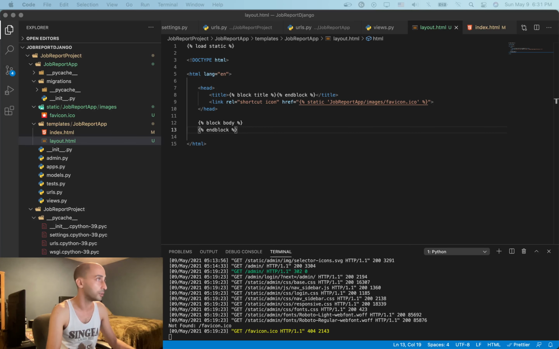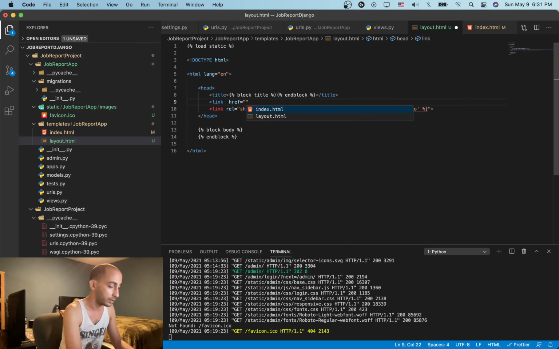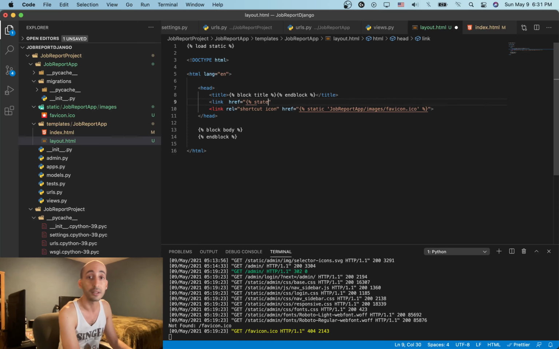Alright, so the next thing I want to do is get my own style sheet loaded in here. So there's a Django way to do that, as it turns out. We're going to create a link element with an href of, and we open some curly braces and write some Django syntax here. Static, we'll say job report app slash styles.css. We'll have to create that folder,